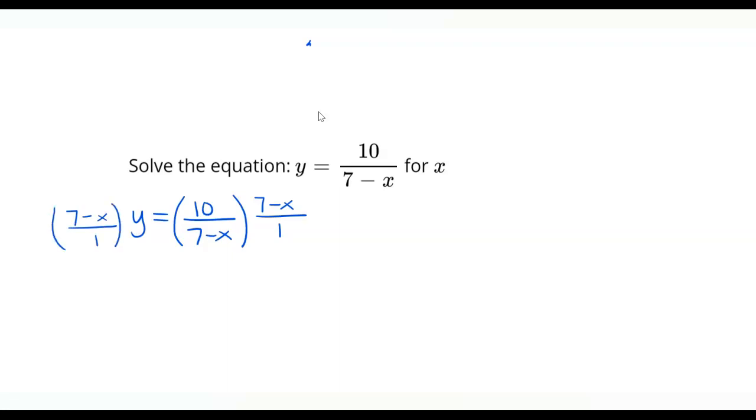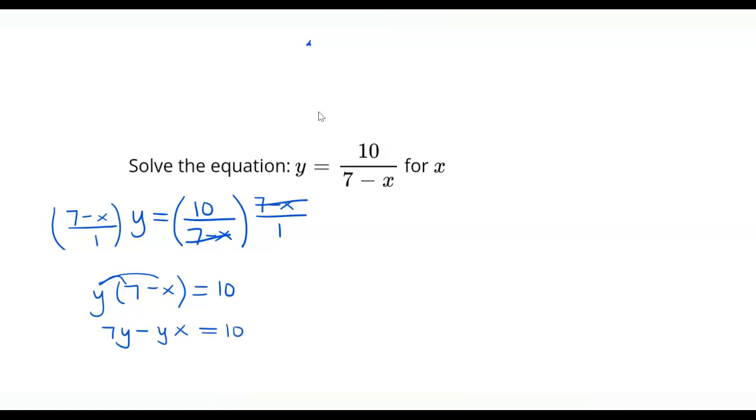So I'll do that on both sides. And again, I can do this as long as I multiply each term in the equation, because it keeps that equation balanced. So 7 minus x will cancel there, and I'm left with y times 7 minus x equals 10. Okay, let's go ahead and distribute this y in. So we'll get 7y minus xy, or yx, it doesn't really matter which. Typically you'd write xy, but